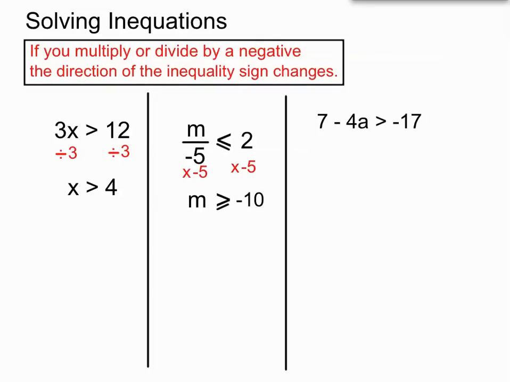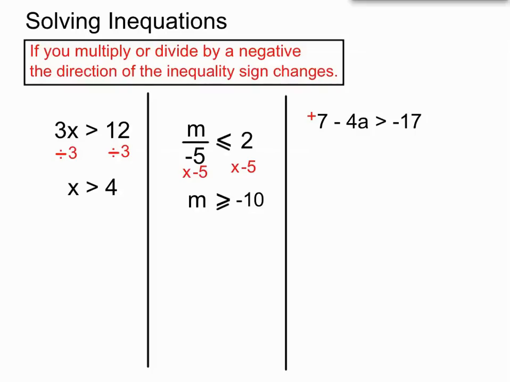Here's a slightly harder example. 7 minus 4a is greater than minus 17. Now it's a bit tricky to know what to do first here. We usually try and move plus or minus numbers before we try and move multiplying or dividing numbers. So that 7 out the front is a positive 7. It didn't have a negative in front of it. So we can think of that in the same sort of way as a 7 that is being added on